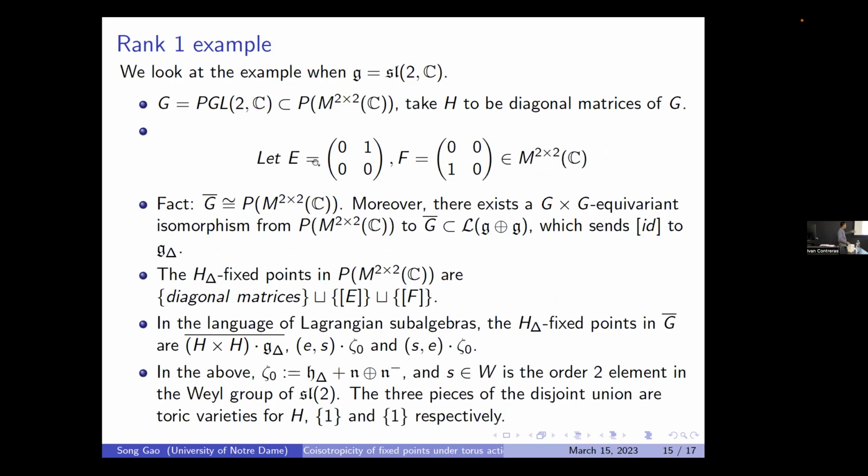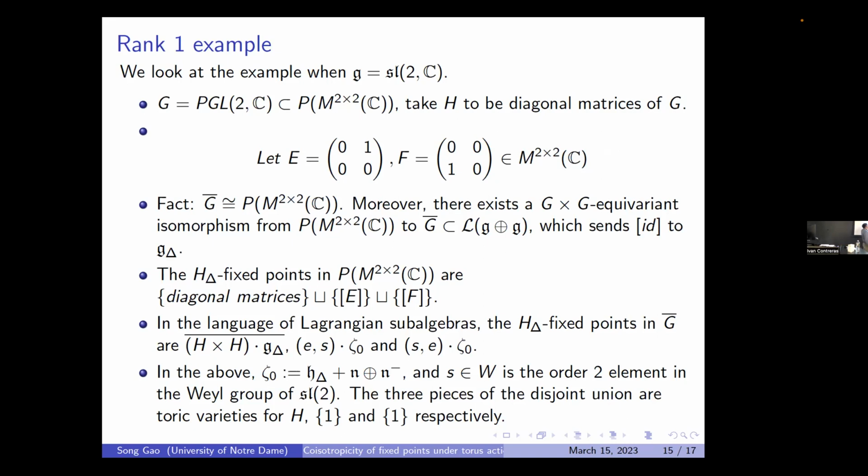So here is a quick example. We look at the example G equal to SL2. So the corresponding adjoint group is PGL2, right? And we take the maximal torus to be the diagonal matrices, and E and F are like that. And here is a fact. The wonderful